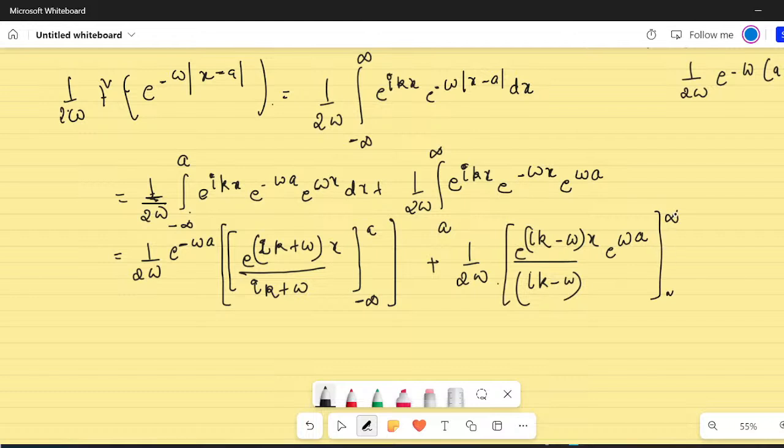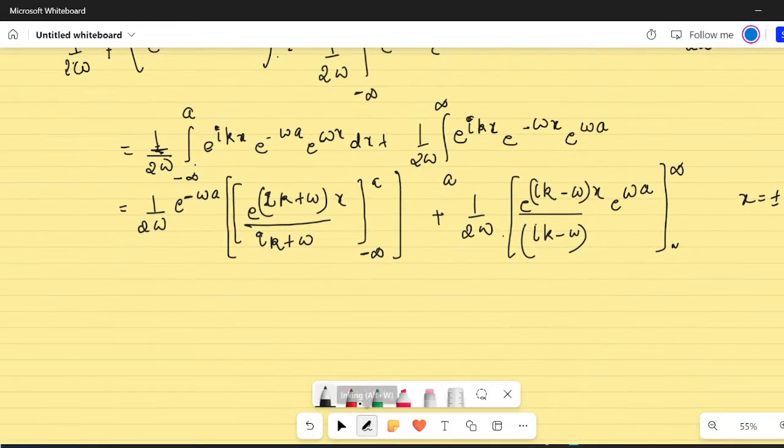If I take x tending to infinity, this minus omega x would take it towards 0, so don't worry about it. At x equal to plus or minus infinity, the upper limit would be 0 here, and the lower limit would be 0 there. So I'm not bothering about that, and I'm leaving it to you to understand this. If you really find some problem in it, let me know. If I place a here, this will give me omega a, and there is omega a. Forget about it. So 1 upon 2 omega, e to the power iota k a divided by iota k plus omega,